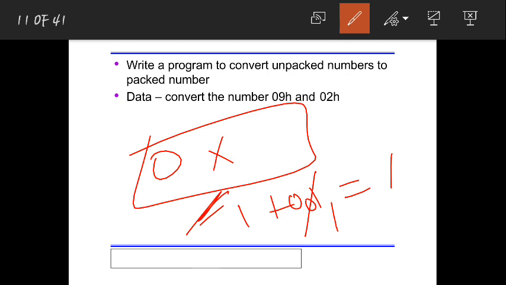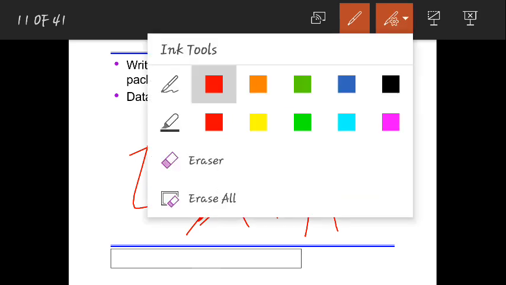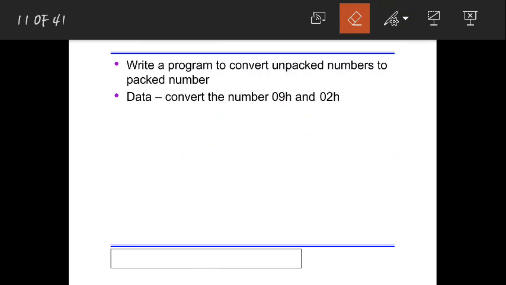And XOR operation. In XOR operation, this instruction can be used to toggle certain bits of operands. Toggle certain bits of operands means whenever you have the same bits, then you'll get 0.